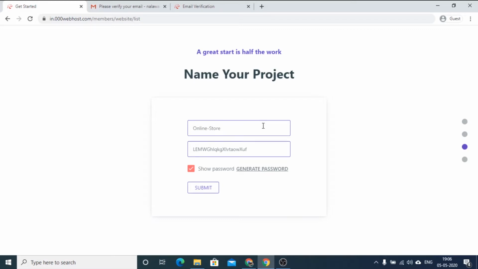So this will be your website's name. It's like Google's website's name is google.com. Similarly, we will have online-store.000webhost.com as our website's name.